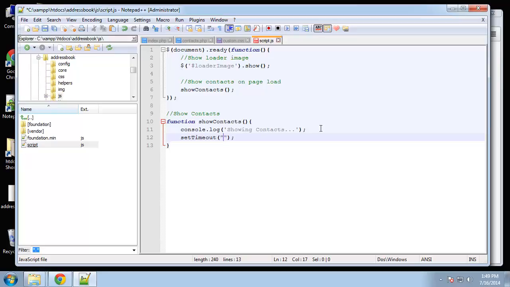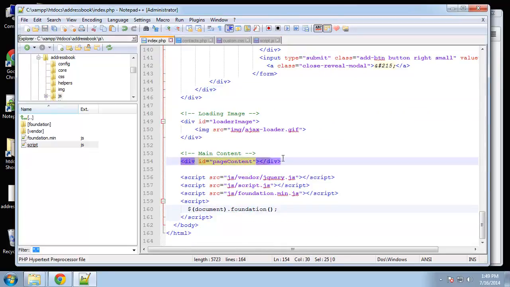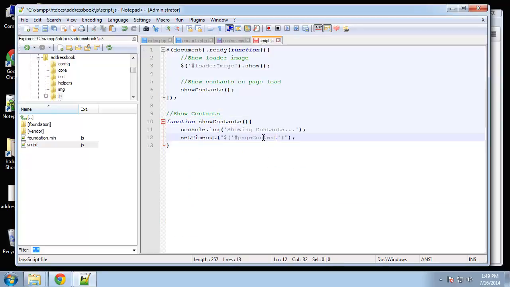So what do we want to do? We want to grab the page content div. Okay, remember in the index file we have this page content div, and that's where we're going to output all the contacts. Okay, so page content dot load,